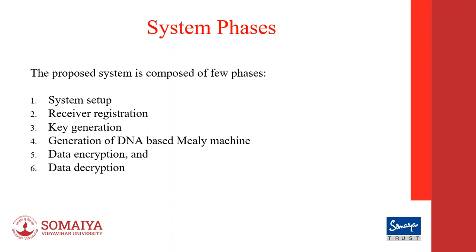And this ciphertext is not the final ciphertext. The final ciphertext will be generated by inputting this intermediate ciphertext into the Mealy machine, and then again reversing it and inputting again, so that we have two extra layers of ciphering, and then we perform data encryption and decryption in the 6th phase. So the next slide,